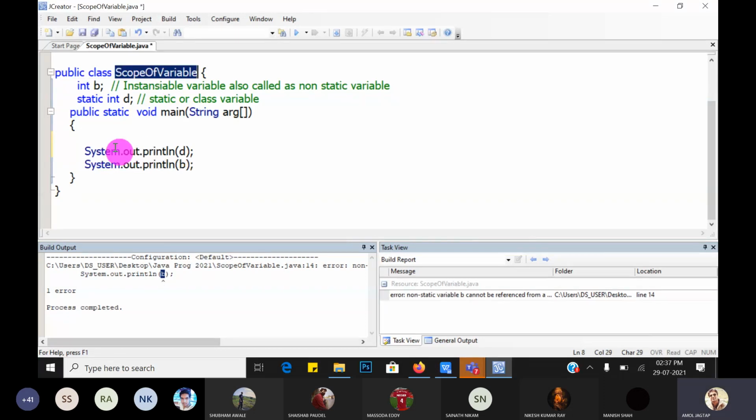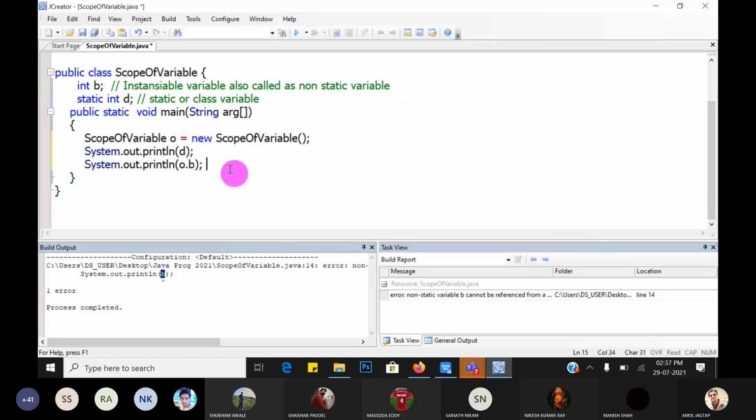If we create the object of that class, suppose o is the object name, new, using this o we can call o.b. Then it is possible, because non-static variables we cannot access directly in static methods.